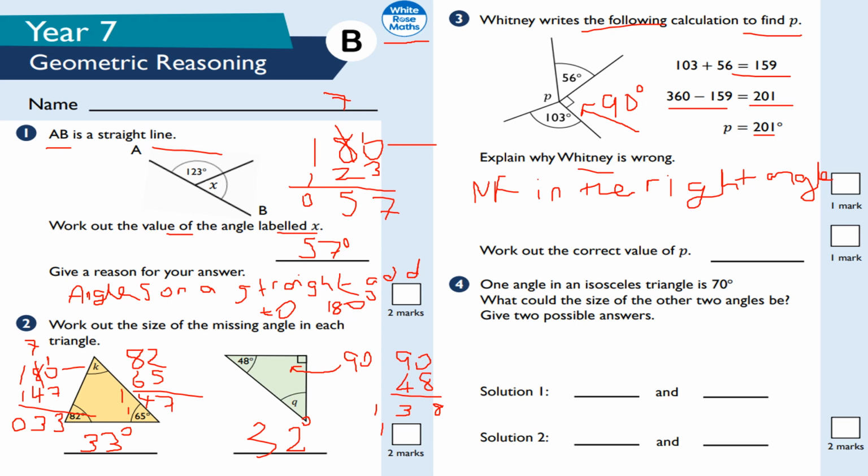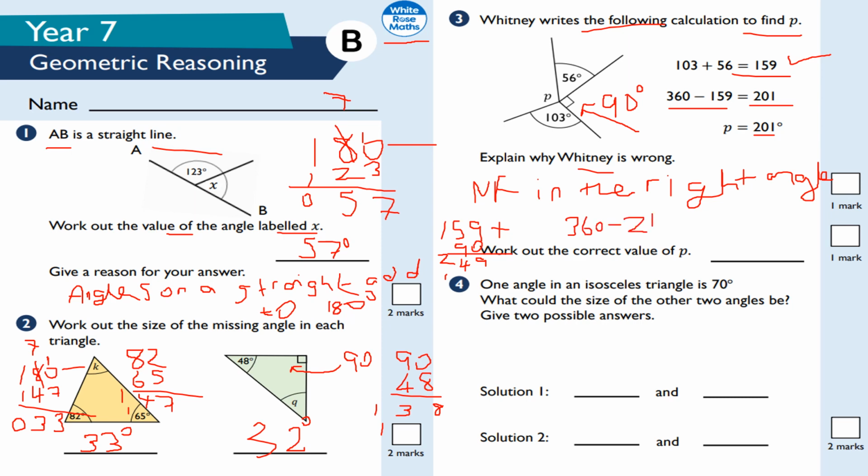Okay, so the correct value of P, well, the first part is okay here, but if I just add 90 to 159, and then take that away from 360, so that's 9, that's 14, 4 carry the 1, 1 plus 1 is 2. So 360 minus 249,